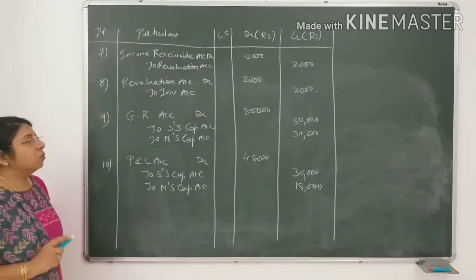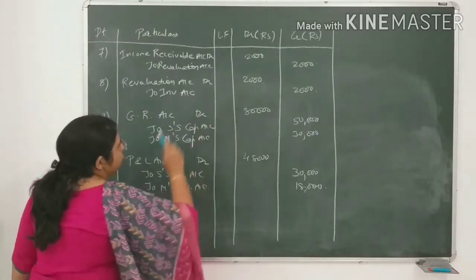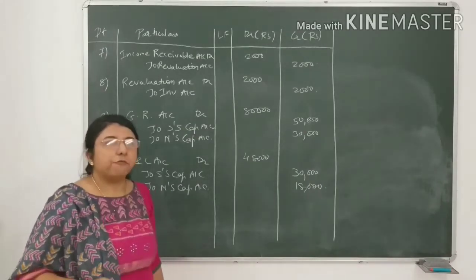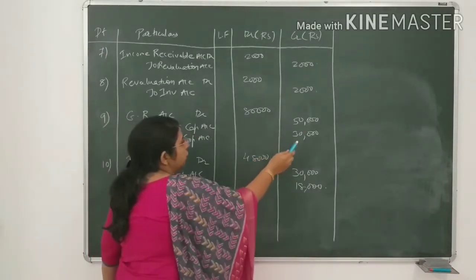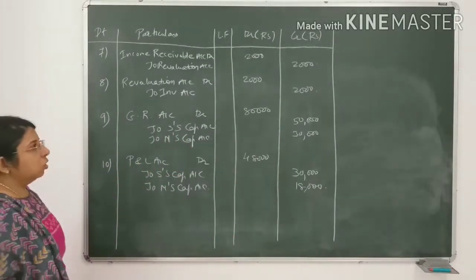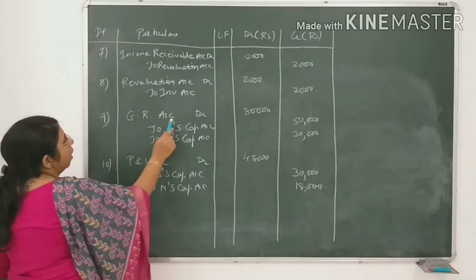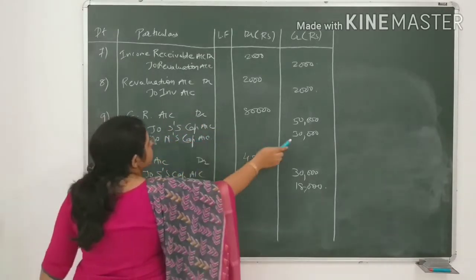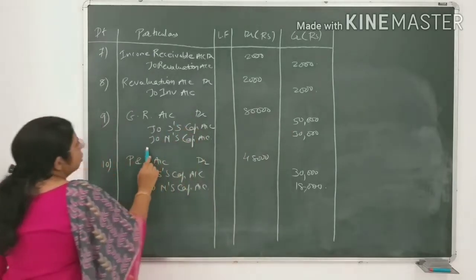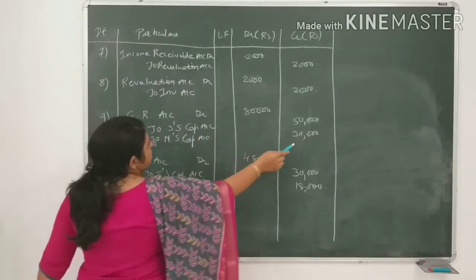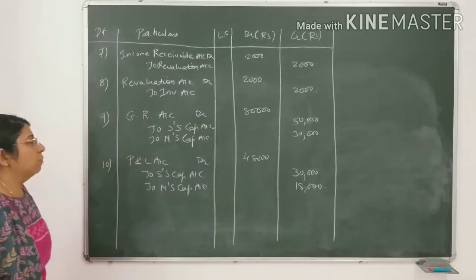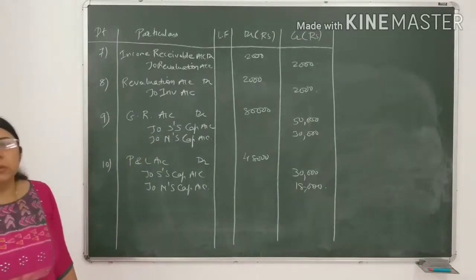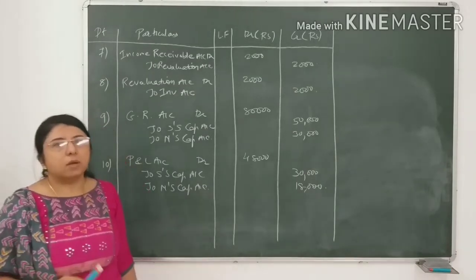The value of general reserve given over here is rupees 80,000. So general reserve will be distributed amongst the partners in the ratio of 5:3. So it will come to 50,000 and 30,000. Now the journal entry, that is general reserve account debit 80,000 to S capital account, that is Sajan's capital account credit 50,000, to N's capital, means Nirmi's capital account credit rupees 30,000. Just as we have distributed general reserve amongst the partners, now we have to distribute the accumulated profit also amongst the partners.